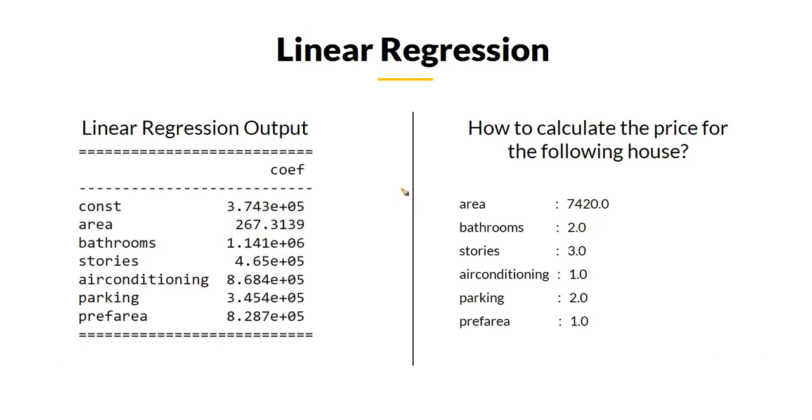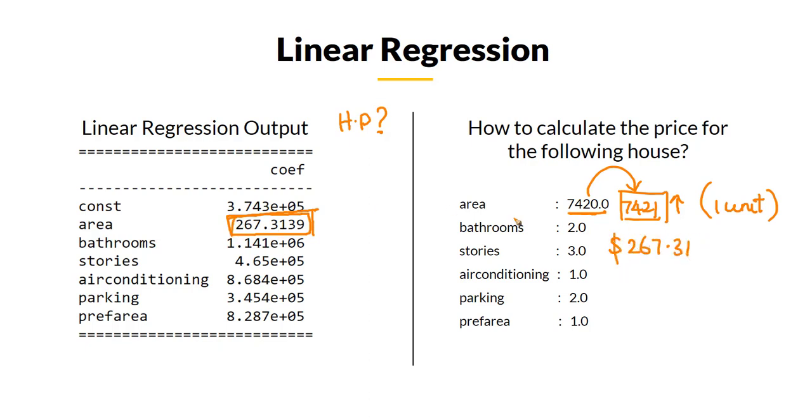Now, what else can you take away from this? Another piece of information this also tells you is, say you increase the area of the house by 1 unit. How much is the house price going to increase or decrease? How do we know that? It can be known directly from the coefficient that you have here. Since you are multiplying this value against this value, if you increase the area by just 1 unit, so say it becomes 7421 instead, the house price is going to increase by this much amount,